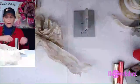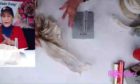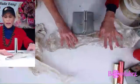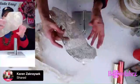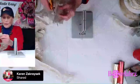So now I'm going to take my Bowdabra bow wire, I'm going to fold it in half, and just tuck it underneath, and then here we have our Bowdabra mesh ribbon. And this is a 5-inch wide ribbon. And I'm just going to fold that in half